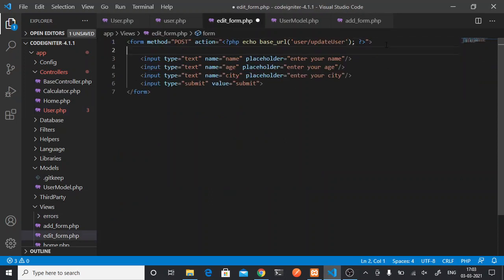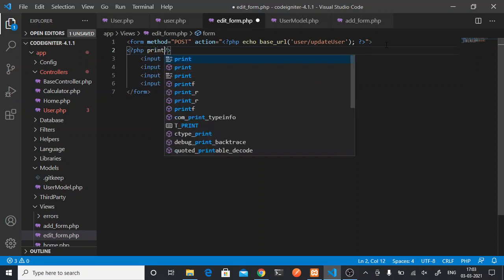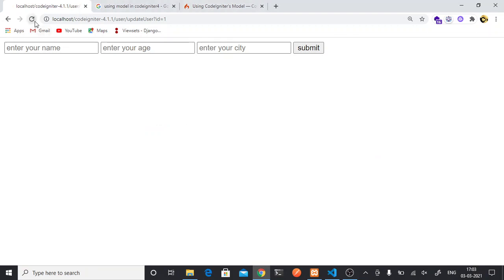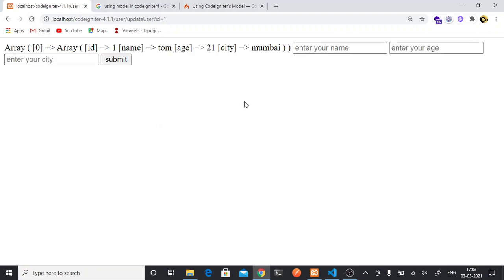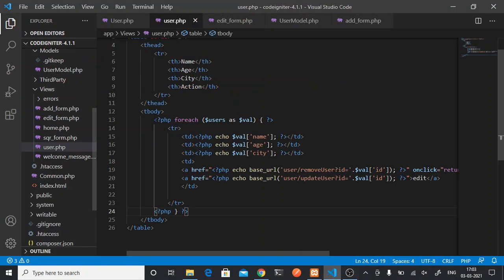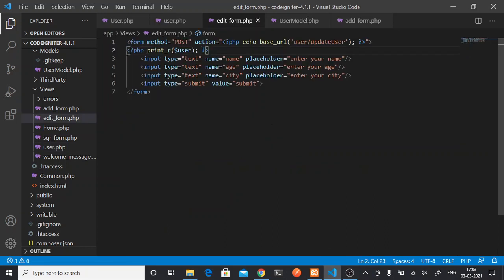Let's check if I am getting it. You see, I am getting my array. So the same thing now I can show in my form by using foreach, same as we have used while fetching the data. This time it is user.